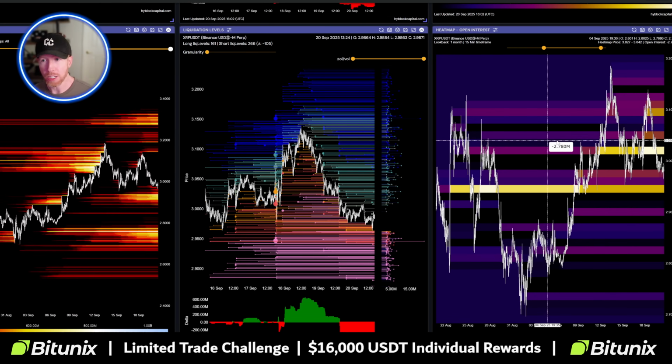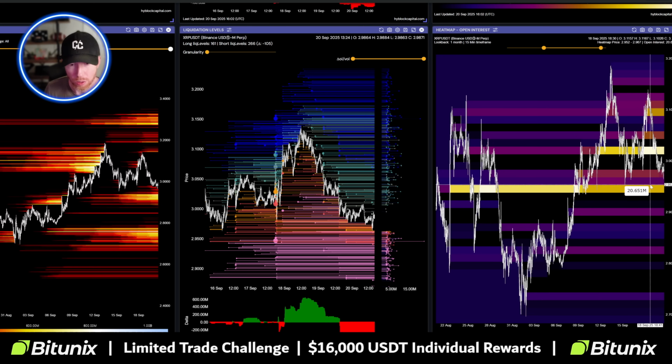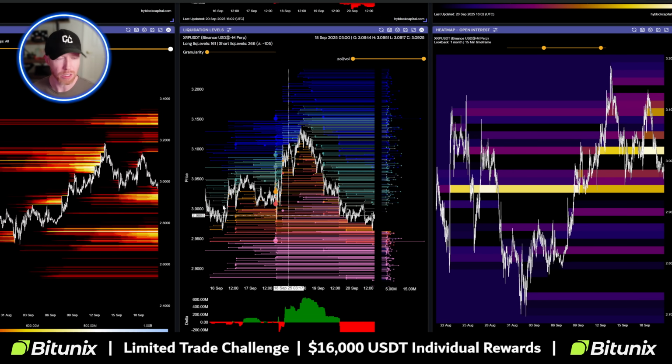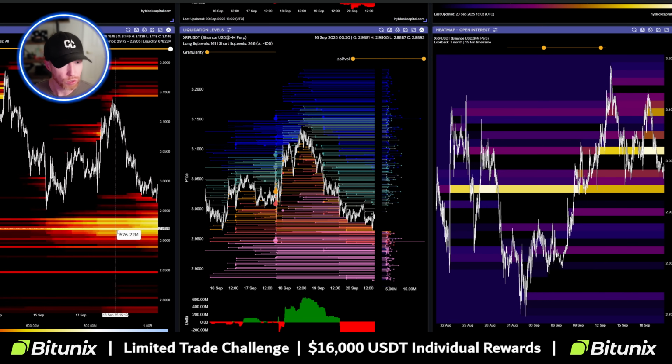Let's take a look here at XRP and just quickly identify on the monthly. Once again, we got 303 and 295 as those areas of open interest. So tons of support in this range. I do not like, however, the liquidation short delta. You may not be able to see it on your screen, but it's at 400 million to the downside, basically implying that we are very bearish here. And then there's more liquidation as low as 290.